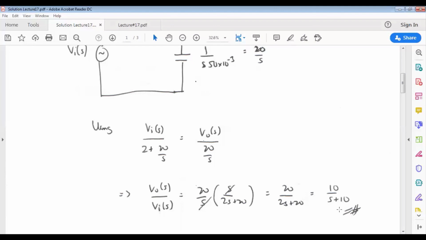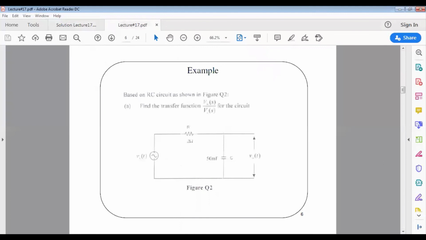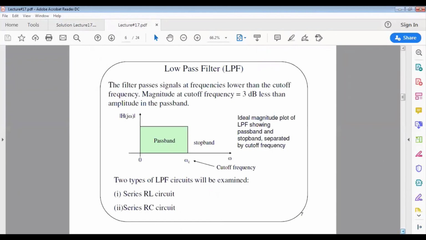That should be the main task of lecture 17. You get the circuit, you obtain the transfer function. From the transfer function, you sketch the Bode diagram, and from the Bode diagram, you can then determine the filter type. So I'm going to stop here, and we're going to proceed with part 2 of lecture 17, which will be